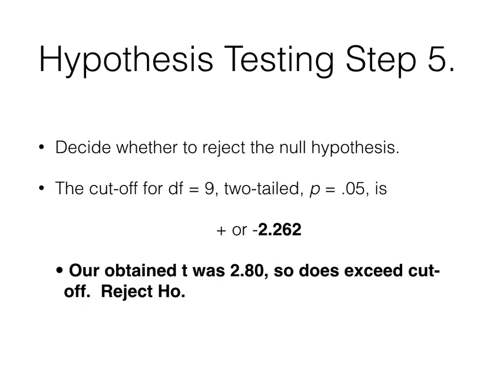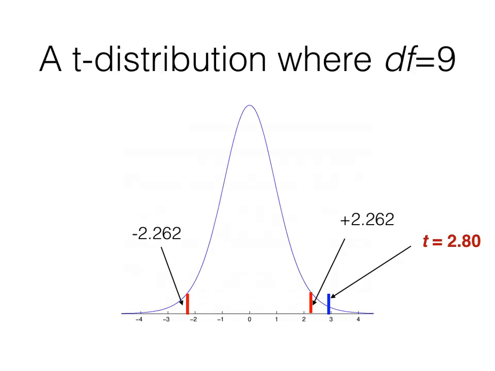That means we're ready for step 5, where we decide whether or not to reject the null hypothesis. Our obtained t was 2.80, so that exceeds the cutoff of plus or minus 2.262. That would mean we would reject the H0: our sample of year 10 students who are doing exceptionally well in this geography test are actually coming from a population that does not have a mean of 32. So they're not like those year 12 students after all. So again, here's where our t is in blue, that 2.80, far exceeding the cutoff and allowing us to reject